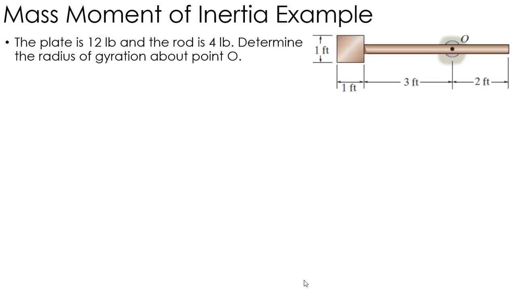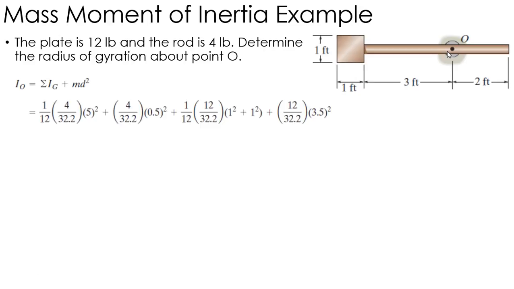In this problem, I want to find the radius of gyration for the pendulum I have here, which has a 12-pound plate connected to a 4-pound rod. I want to find the radius of gyration from the moment of inertia about point O as I have here. Again, I'm going to use the parallel axis theorem, this time for the mass moment of inertia,